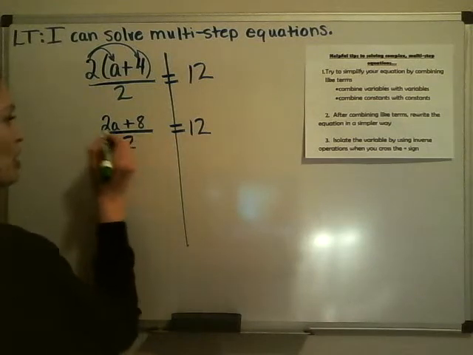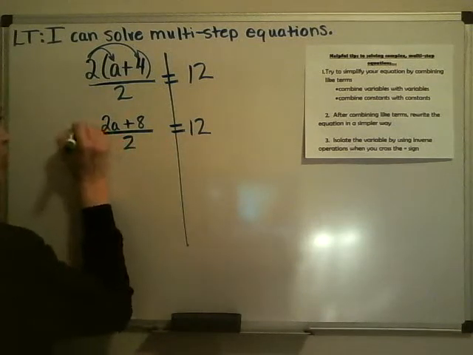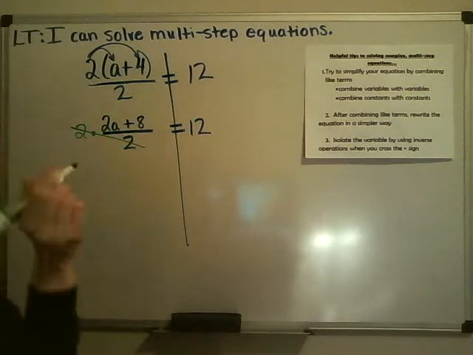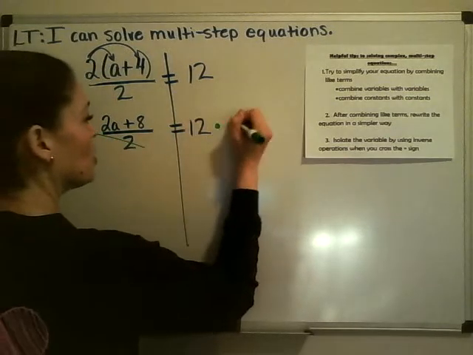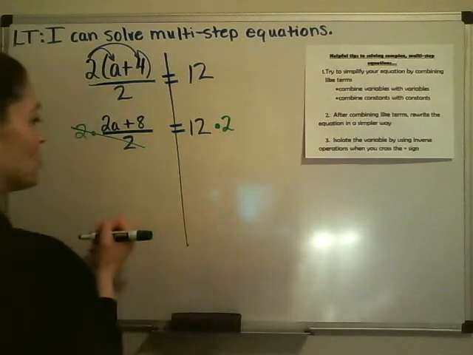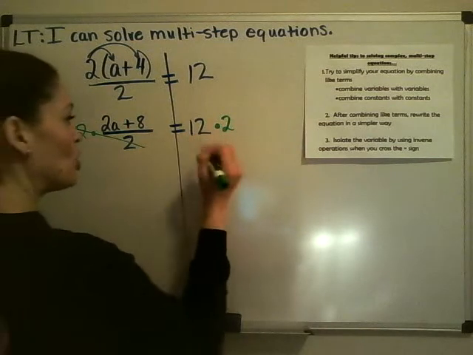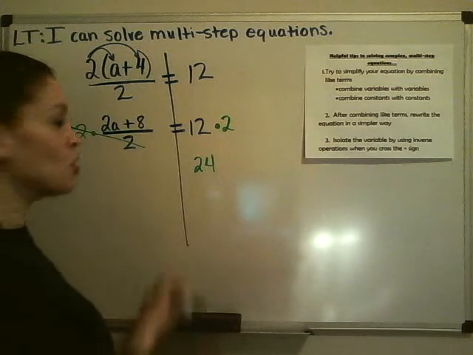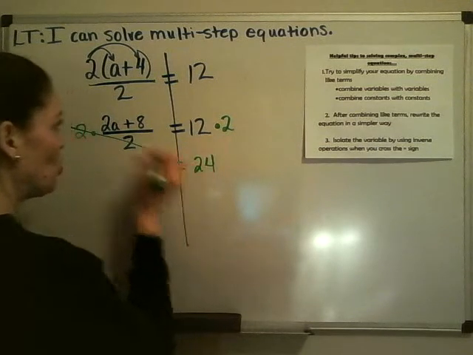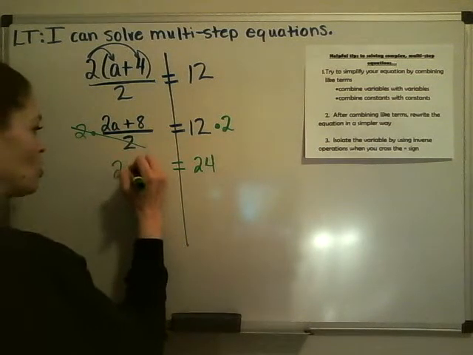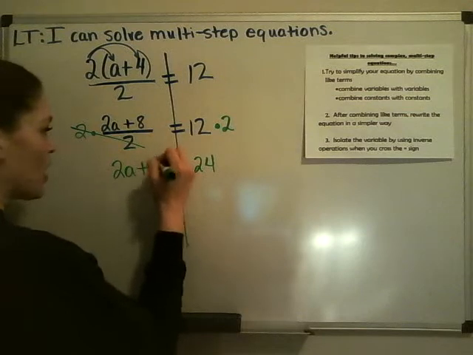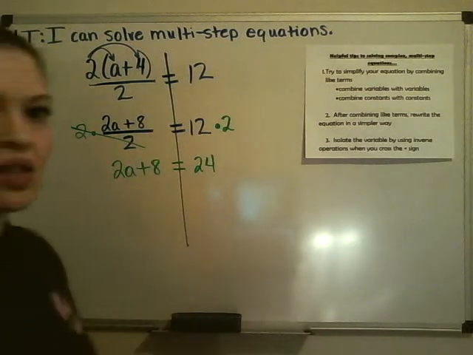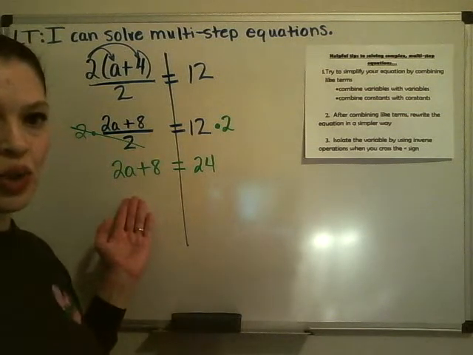Because this is being divided by 2, I can multiply by 2 and cancel. But you have to do it to both sides. All right. 12 times 2 is 24. 24 equals, what do you have left? 2a plus 8. So now you have a two-step equation, which we learned